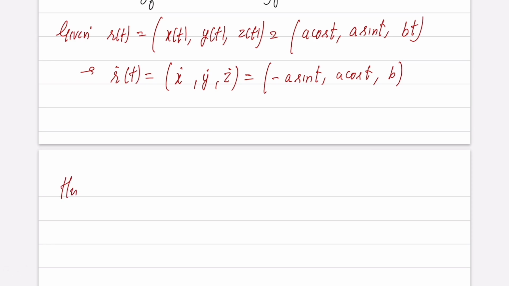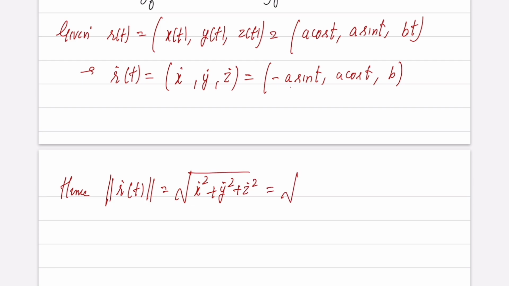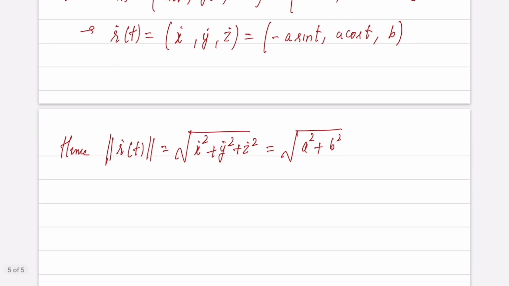Hence, the norm of r dot of t, which is defined as the square root of x dot square plus y dot square plus z dot square, is equal to the square root of a square sin square t plus a square cos square t, that is just equal to a square, then plus z dot square, that is equal to b square. So therefore